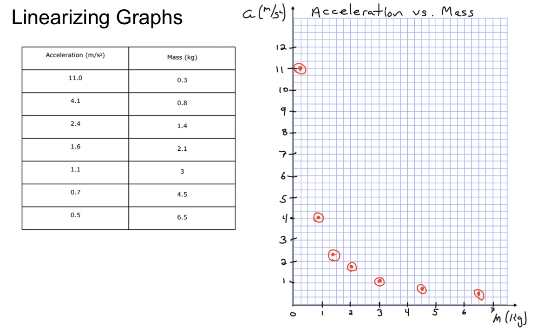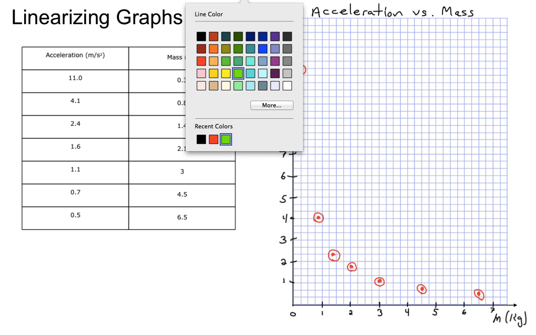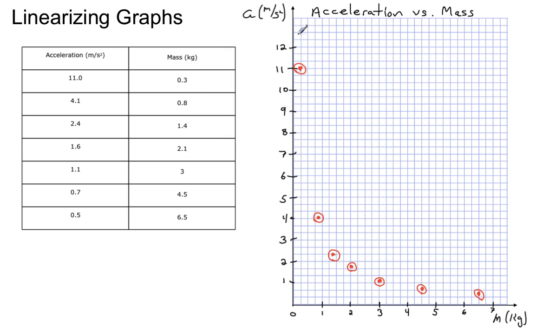If I were to try to guess some sort of fit, it kind of looks like it goes up here, it comes down and curves around, and it looks like it's probably asymptotic to the y and the x-axis. This is something that you might be familiar with from math class. It looks a lot like an inverse. And in fact, one of the handouts that you have